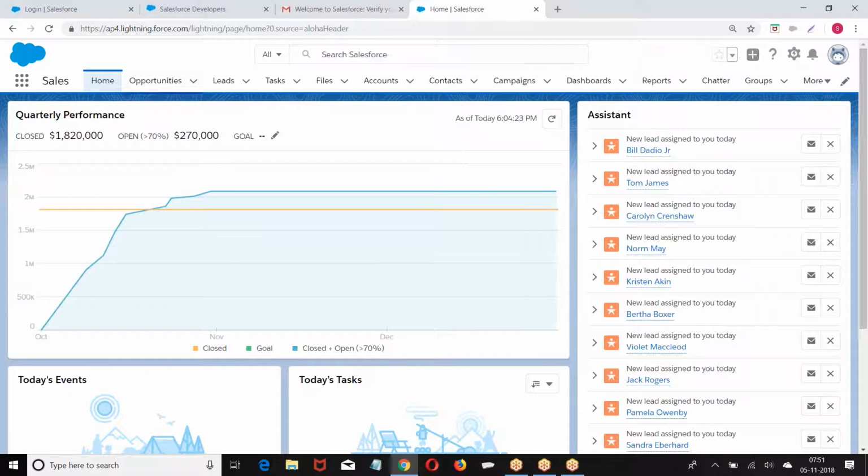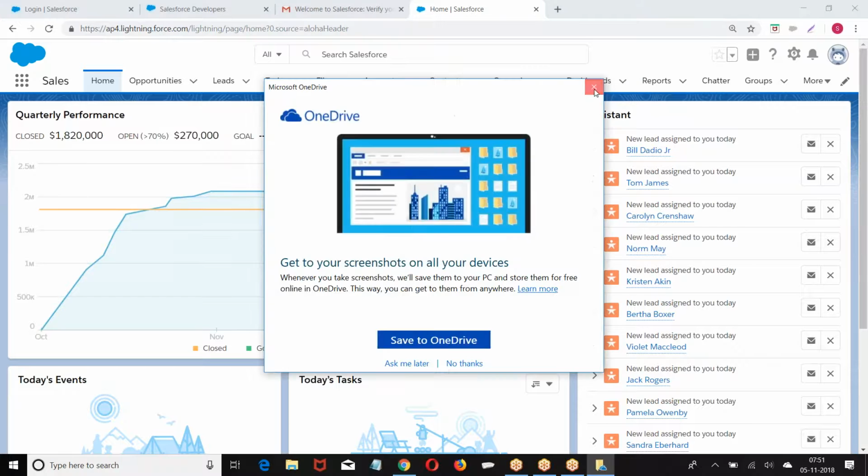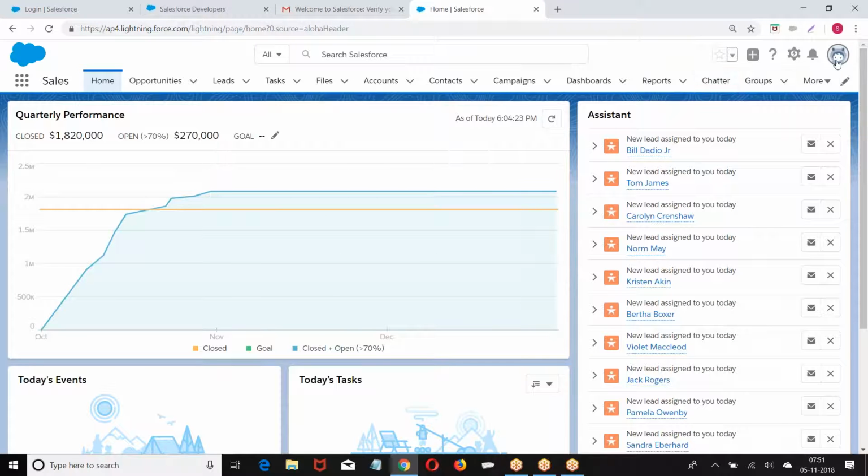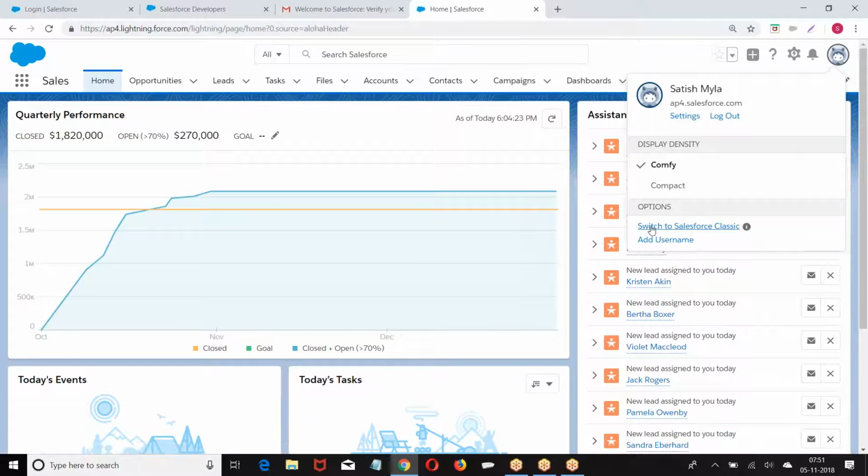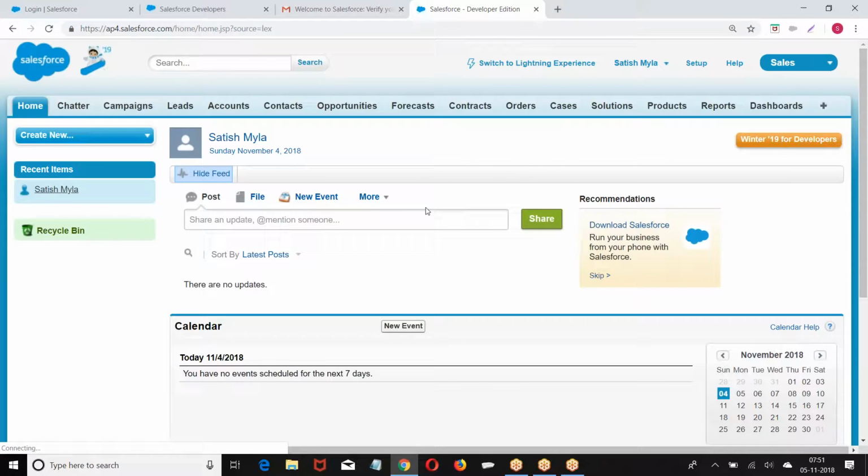User account. Now what was the view here? Lightning view. What was this called? Lightning view. If you look at this, click on the icon, switch to classic. Let us understand one by one.